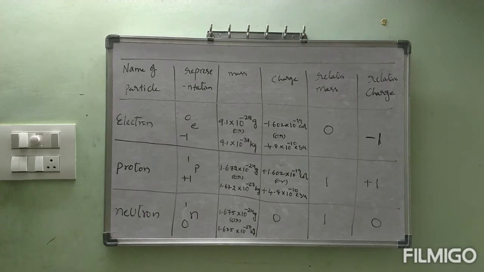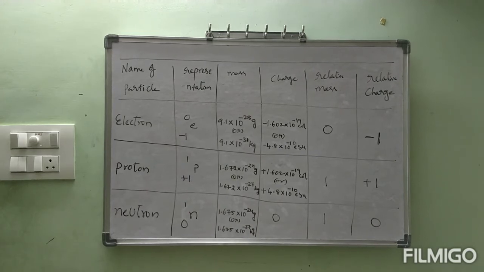Note them down neatly by drawing a tabular column. Useful information for upcoming classes. Electron -1 E0, mass 9.1 into 10 power minus 28 grams, or 9.1 into 10 power minus 31 kilograms, charge minus 1.60 into 10 power minus 19 coulombs. Actually, this total tabular column I would like to draw on the small board. If you are not able to see any small thing, ask me. I will send you on WhatsApp. But I think you are clear about this one. No problem.